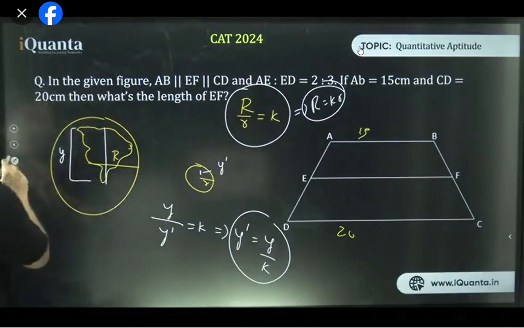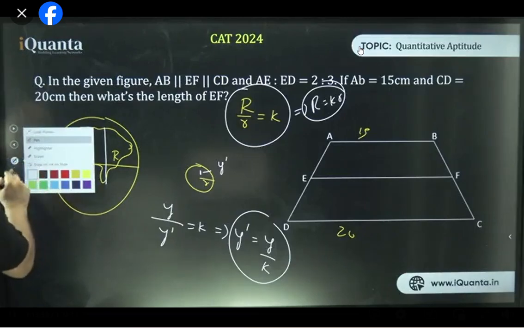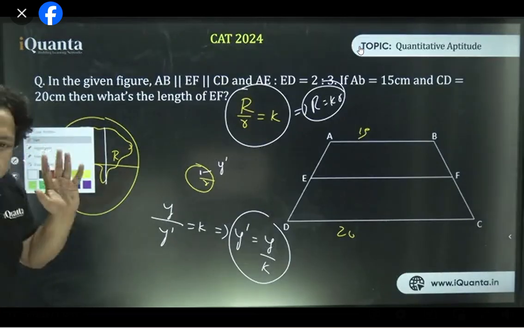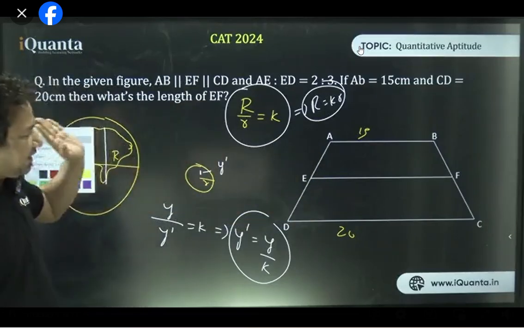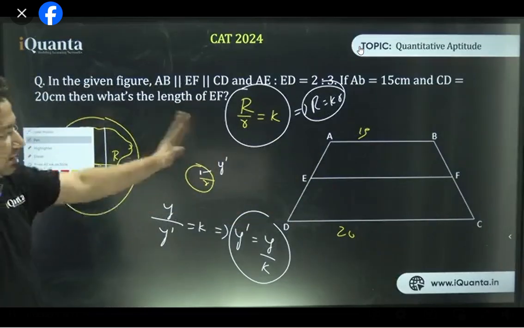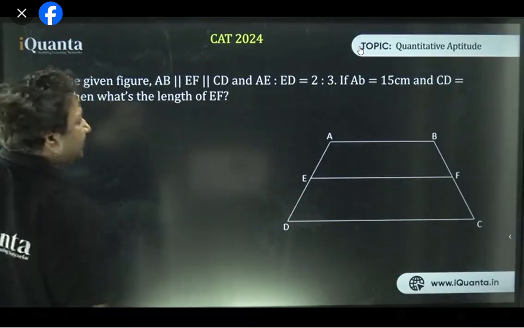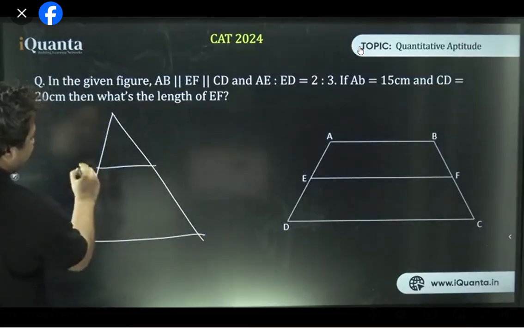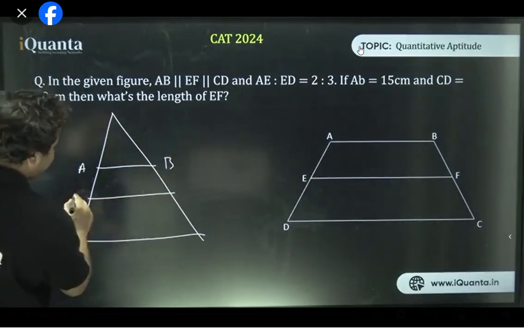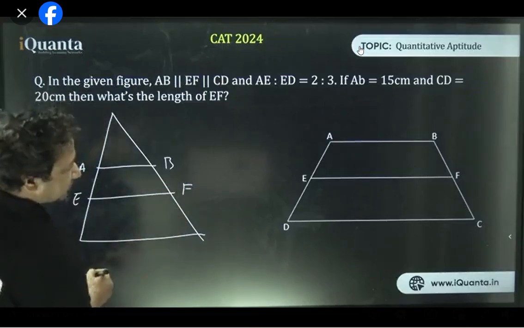So now understand this. I'm erasing this. Having said that, let us keep this in mind already. Now I'll go to a conventional method for solving this question, the one used in board exams, and then remember this line which I said right now, which will be used to derive the shortcut. So if you want to solve it conventionally, I will extend it like this. This one is AB, this one is EF, and this one is CD.